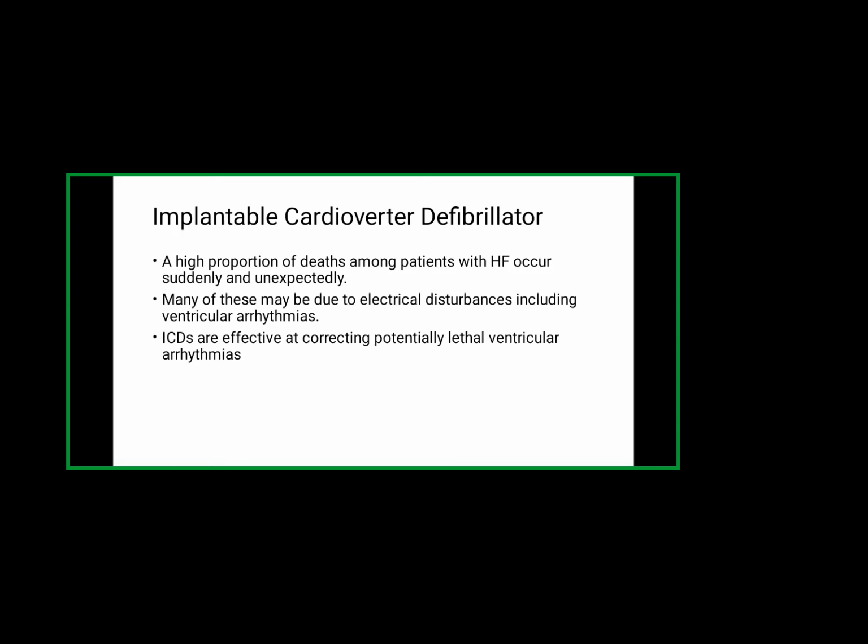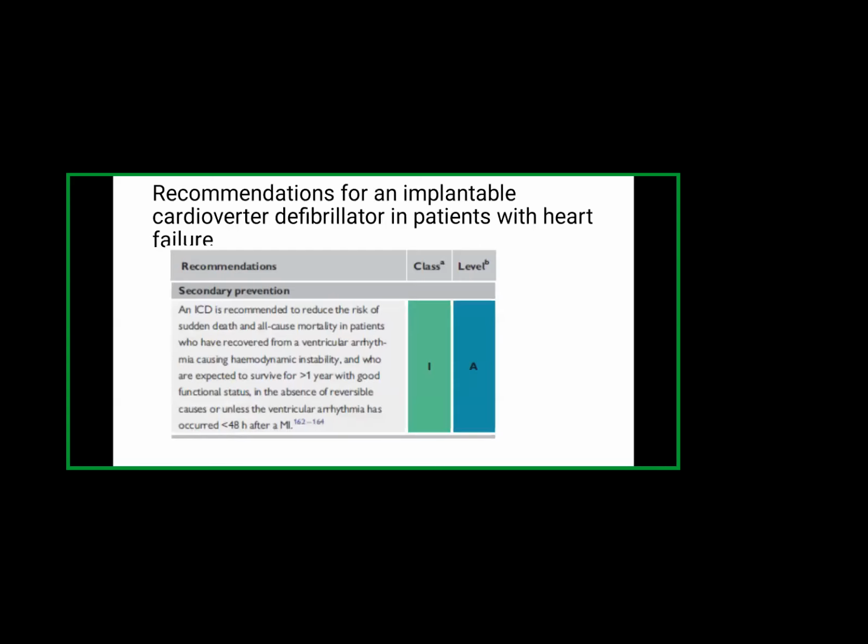So what the ICD does is that ICDs are effective at correcting potentially lethal ventricular arrhythmias. ICDs have been proven to be a lifesaver because they have been proven to improve mortality in patients with heart failure. So I will go through the ESC 2021 guidelines showing the recommendations for ICDs in patients with